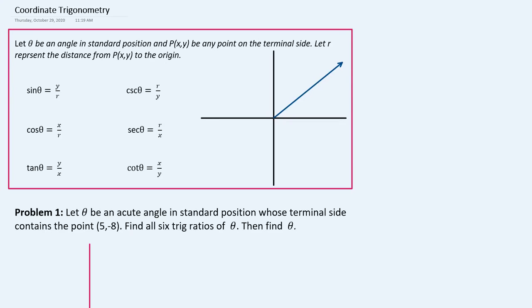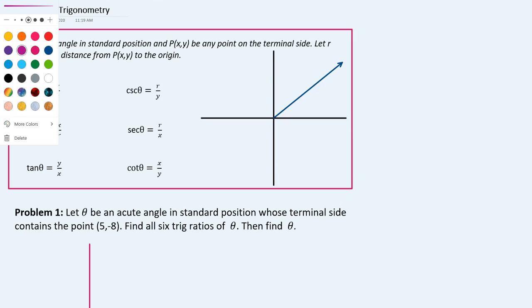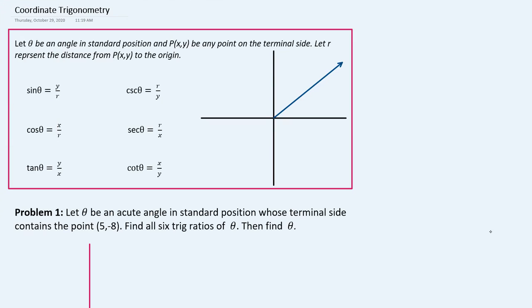Today we are going to talk about coordinate trigonometry. With coordinate trigonometry, we're going to look at sine, cosine, tangent, and their reciprocals on the coordinate plane. So the way this works is if we have a coordinate point on the system in terms of x comma y,